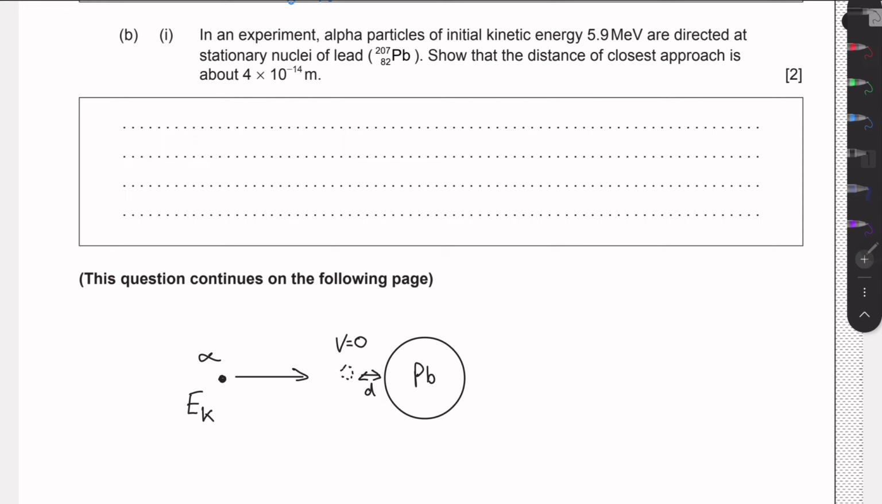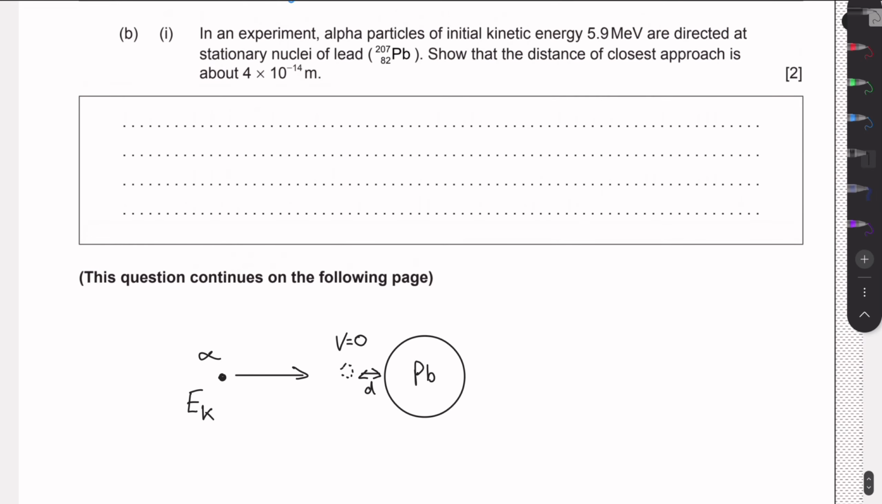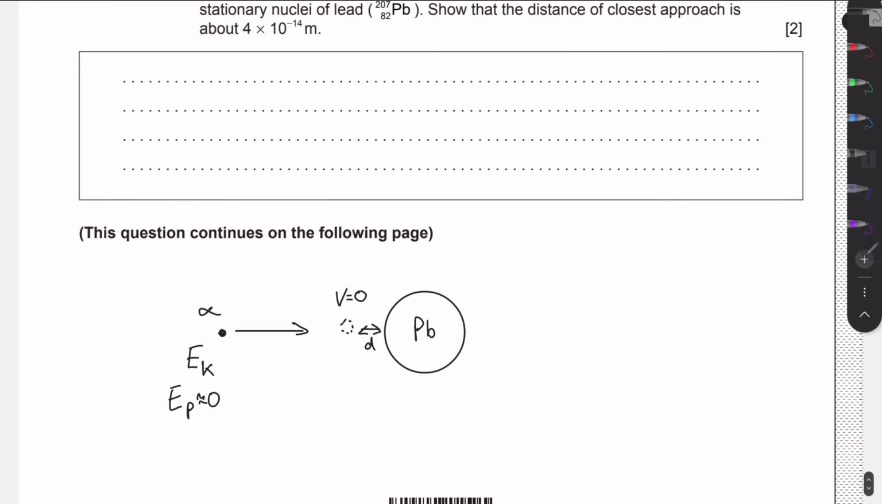So we can think about the energy conservation here. As at the start, we technically only have kinetic energy. If we are far enough, then the potential energy is approximately 0. And at the end, we have 0 kinetic energy as our speed is 0, and we have some potential energy. And due to energy conservation, we can say that the kinetic energy at the start will equal the potential energy